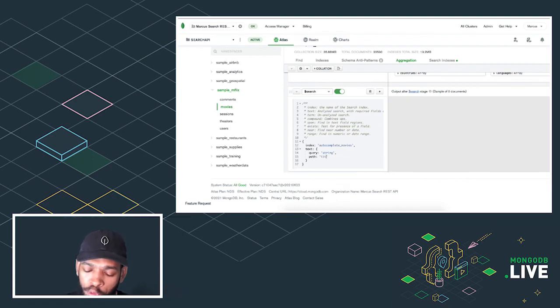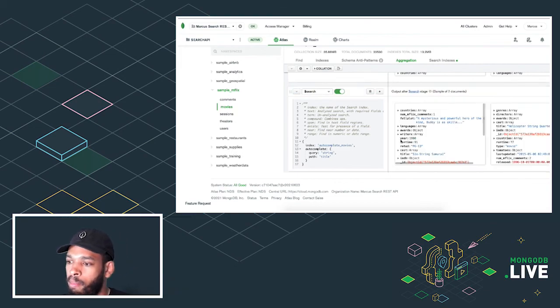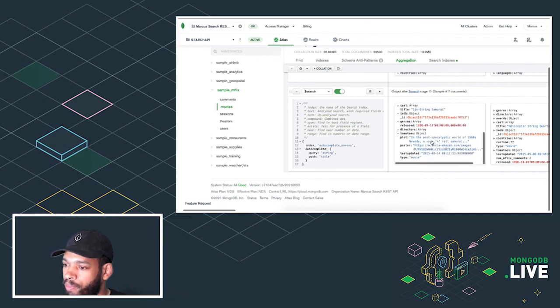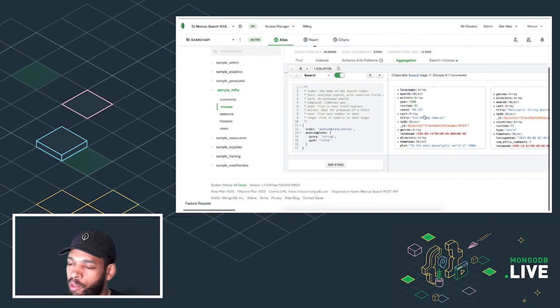Before I can even search for the movie I want, we're going to see results for the word string. Boom. So the helicopter string quartet, 6-string samurai.